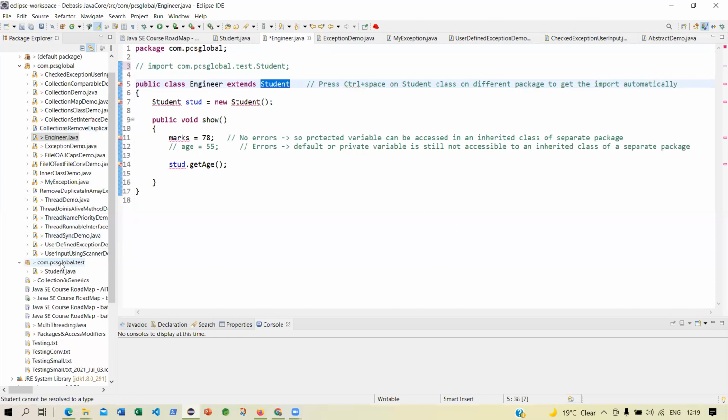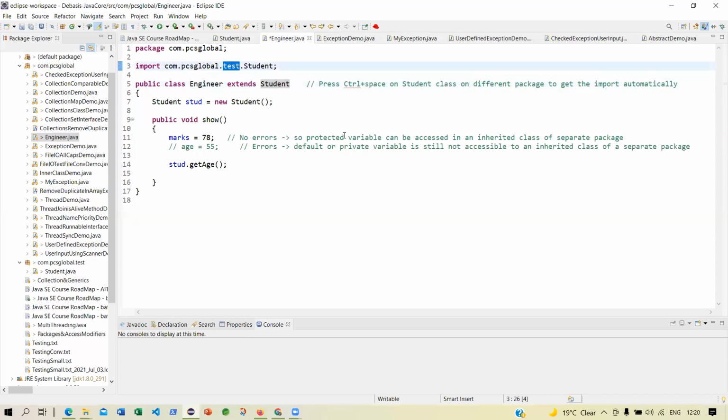Student is available under com.pcsglobal.test, but you cannot mention another package. In this case, you have to mention import. That's all. Once you say that, the compiler can find the student, because I have imported it through the package com.pcsglobal.test.